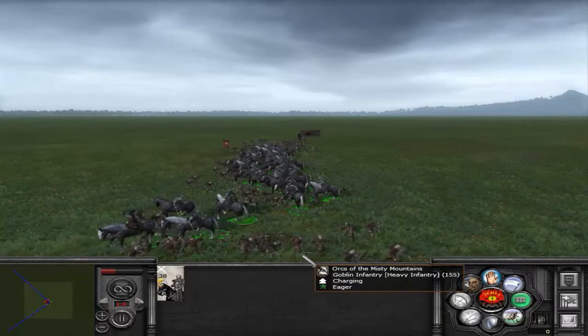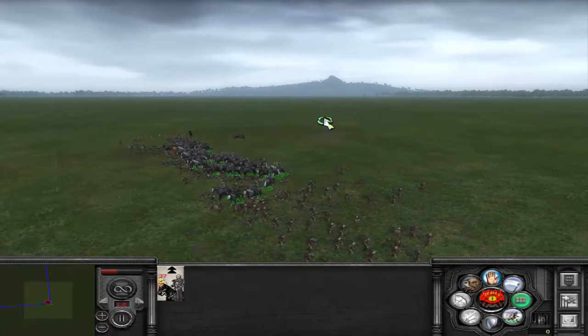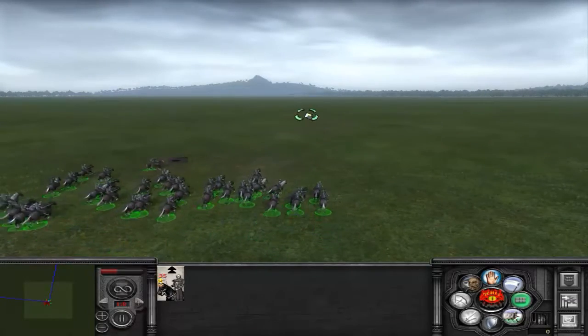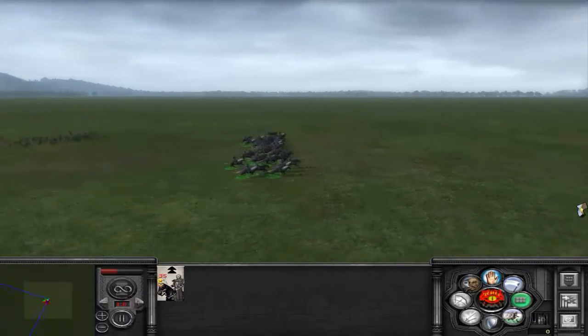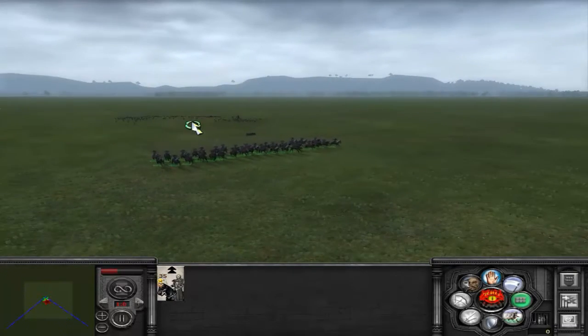Again though, not a huge drop in numbers, but when looking at how good the heavy cavalry is, I need to think about what it adds to the faction. And what Mordor needed more than anything else really was a bit of mobility that wasn't just their trolls. And the Black Nmenreans certainly provide that. I've been on the receiving end of Black Nmenreans in the past when they've been used right, and they can be